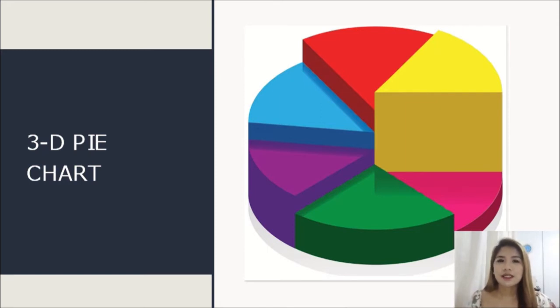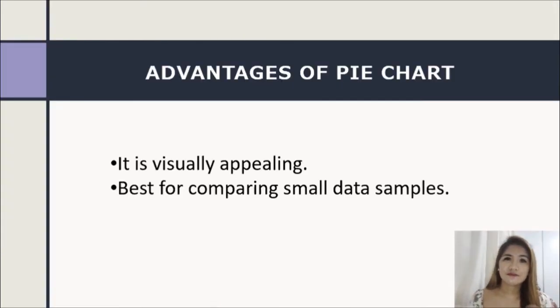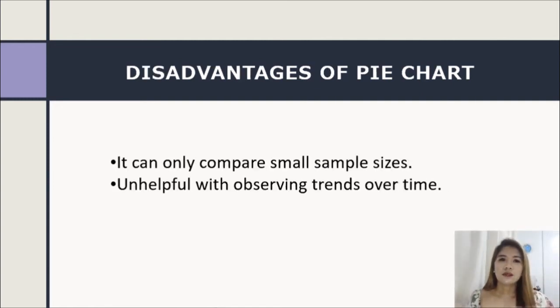It is usually difficult to reach because of the distortion of the perspective due to the third dimension. So advantages of pie chart, number one, it is usually appealing. And next, it is best for comparing small data samples. So disadvantages of pie chart, it can only compare small sample sizes and it is unhelpful with observing trends over